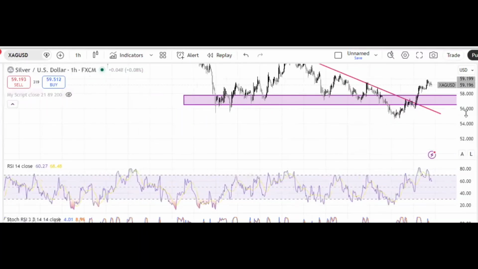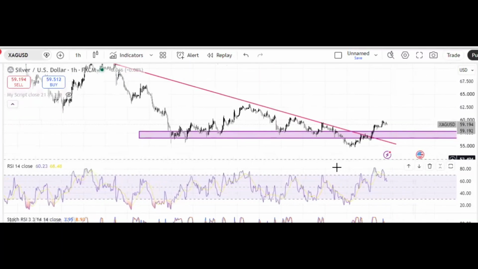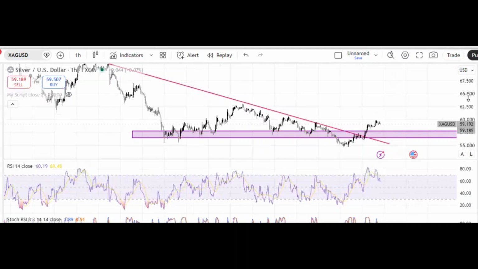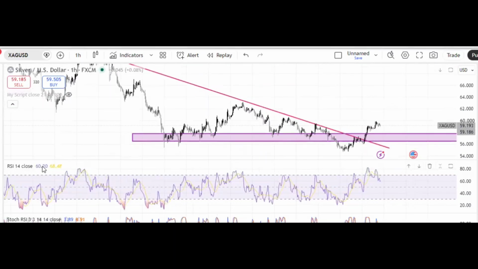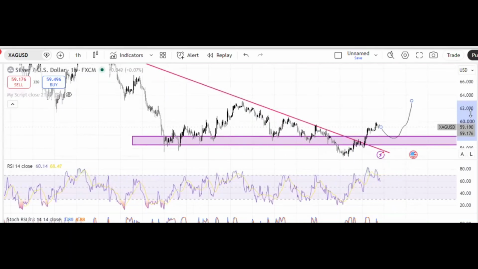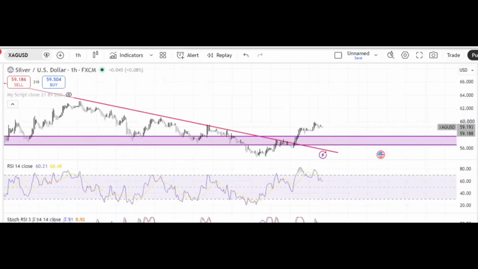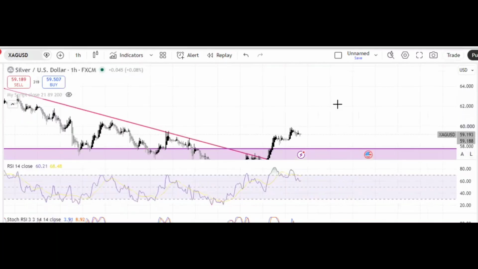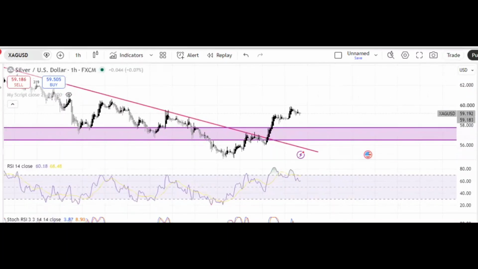So if you are already in a long, you can move your stop loss to break even. If you're looking to enter, the first good zone would be if there is a dip at 57, $58 or even 56.5, then that would be a good buy the dip zone. And given the uncertainty currently and the oil prices pumping, there can be an opportunity. But or else the second